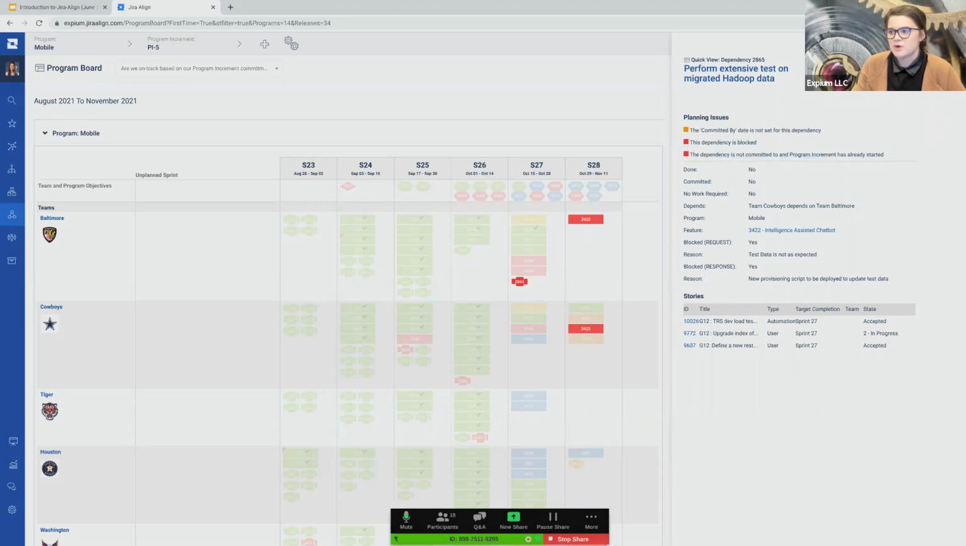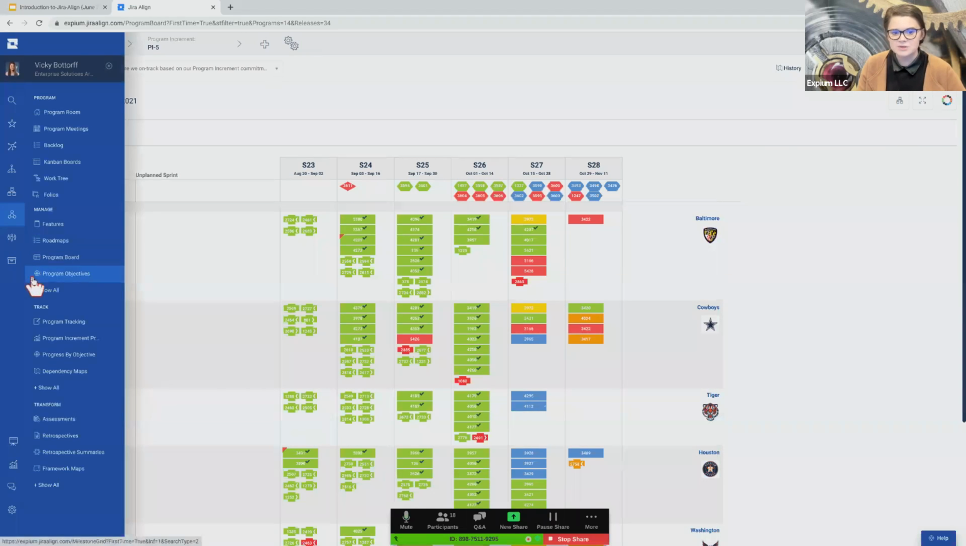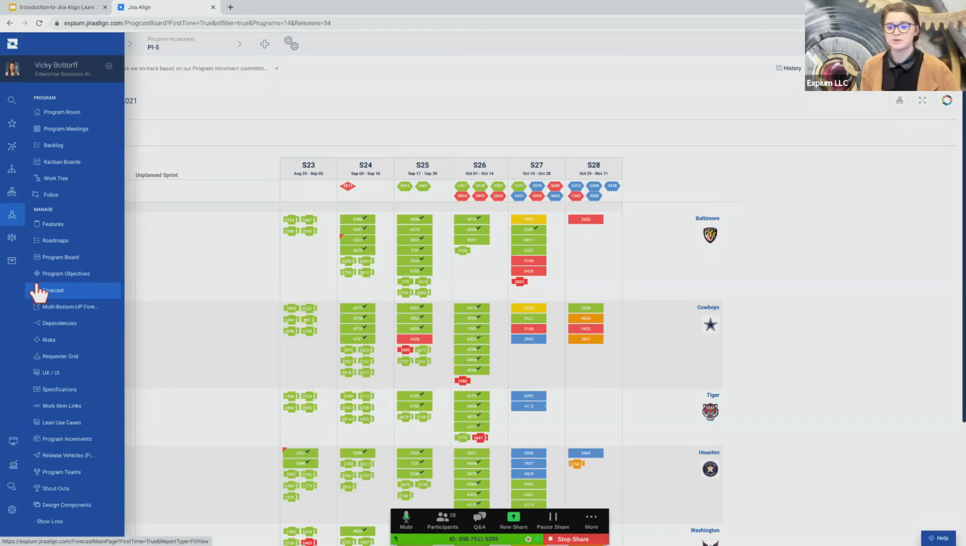Now with the use of this program board, we are able to track our work and plan. We're not only able to plan out our work at the beginning of our program increment, but we're able to track it throughout that program increment as well. Let's talk about a couple more pieces of this top-down planning perspective. At the program layer, we're also able to do more dependency management. The program board is a useful tool to help you understand what dependencies you have throughout your program increment,